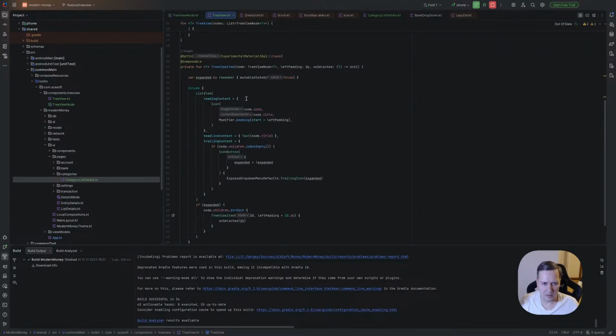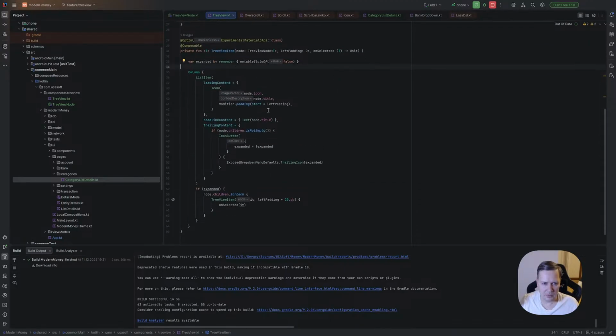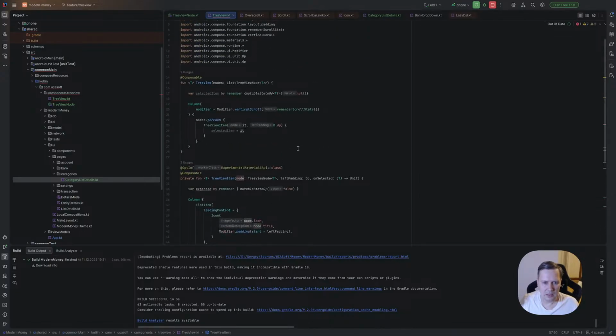Okay, but here what we should do, we need to make this list item modifier clickable. Oh, it's key. Yeah, it's not.